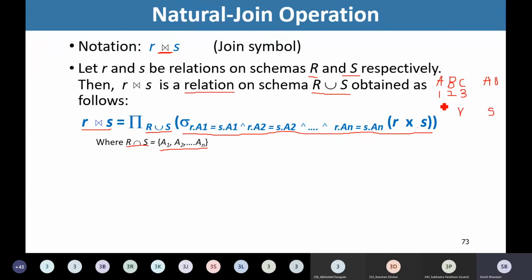Let us assume this is one example only. Then another tuple that I am having is, say, 2, 4, 1,